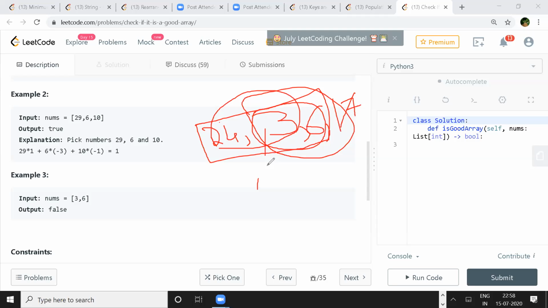Me, Shashank, and Uday are saying that if we don't find a pair, then there won't be any answer. Yeah, that is true. But if you don't find the pair, you'll have to iterate through the array to find out if there is no pair or not, right? Correct. O of n has to be done. You can't avoid it.